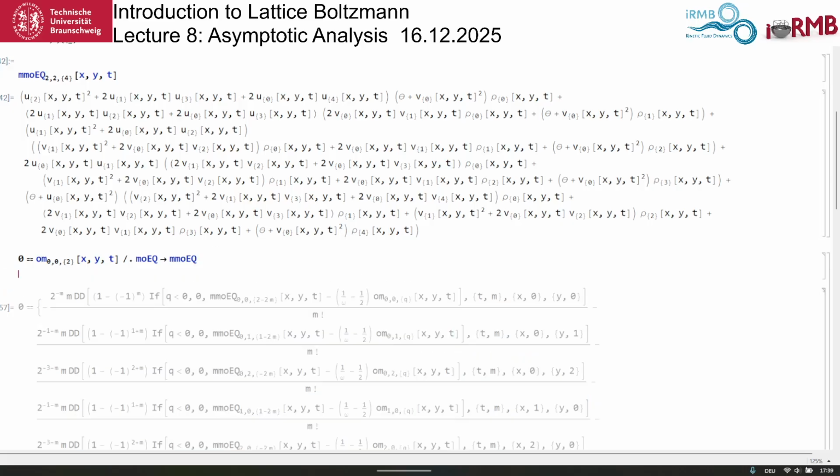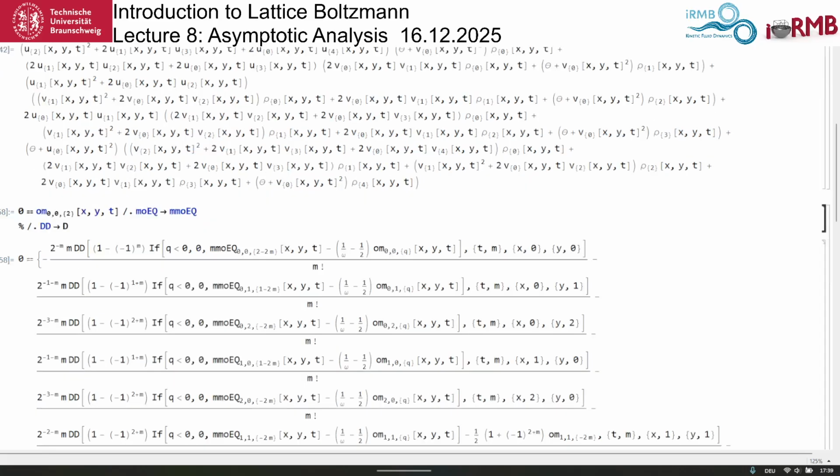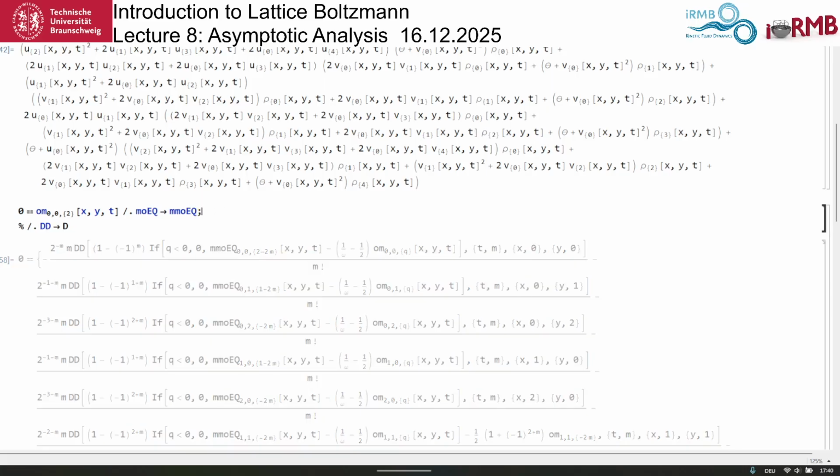So I can use the last result with this percent type, and what I'm going to do is I replace dd by d. When I replace dd by d, it actually executes the derivative. Let me see whether